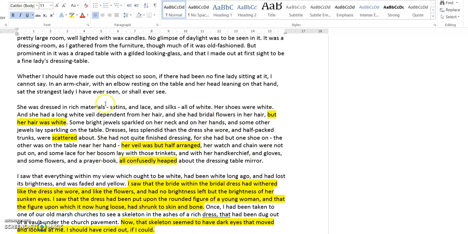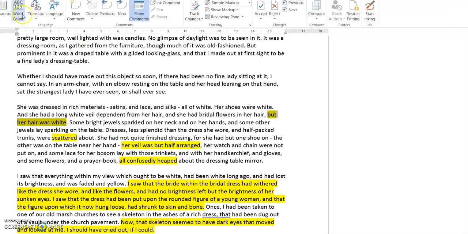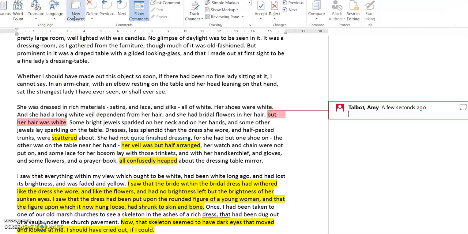Okay, so in terms of how this makes me feel sorry for the woman, I've picked out a couple of things. Firstly, here we've got the idea that her hair was white. And the bit before is quite important as well, because she's dressed in all these satins and lace and things around her, which suggests that the woman is quite wealthy, or was quite wealthy at one point. But now her hair is white, so we get the impression